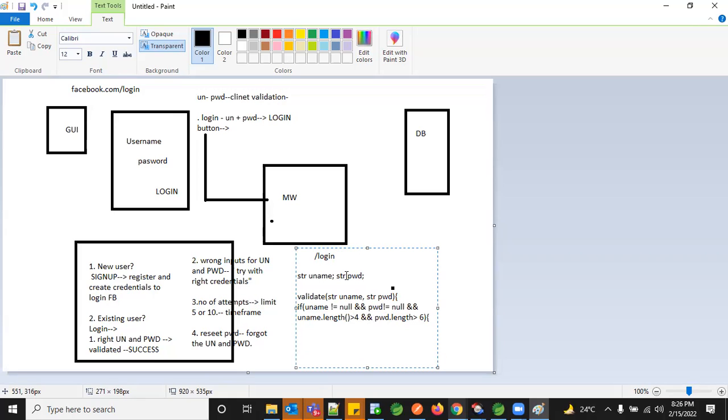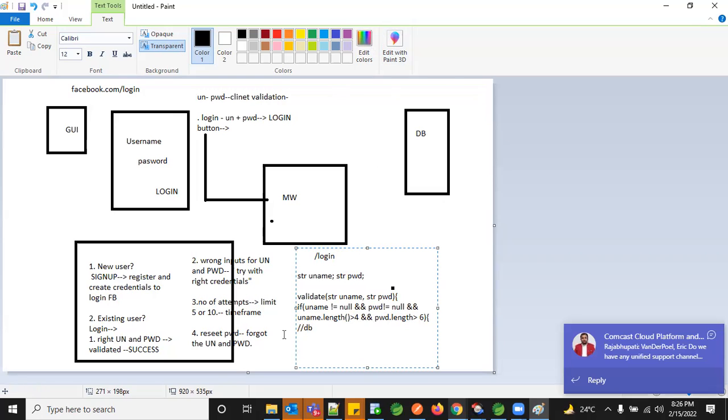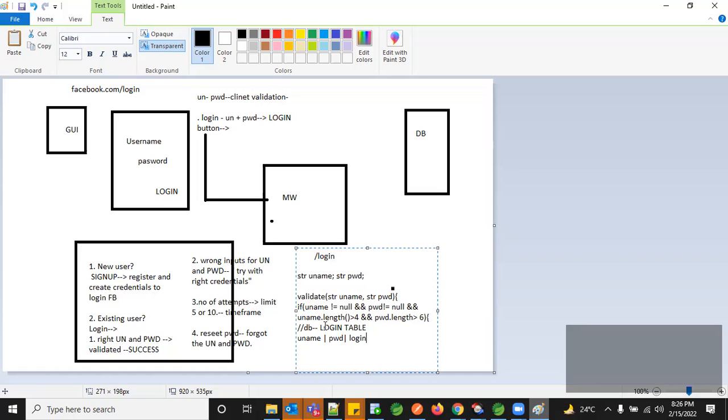Now let me go in. Once I get this username and password, I need to have a connection to the database. We'll see how to connect to the DB in the upcoming classes, but before that, we have a connection to the DB. The DB table name is login table. This table has username as a column, password as a column, login time as a column, and the number of attempts he took to login. And if he has reset the password for the first time, it's not the username and password which you give for the first attempt, it's something he has to reset. So it is password reset.